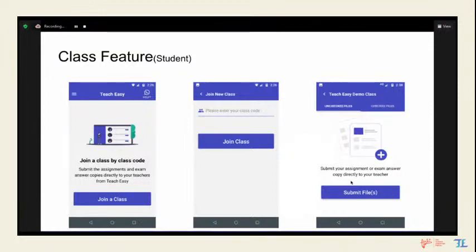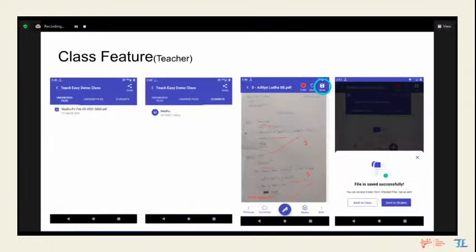They can submit PDFs or images just like they did before, right? For the teacher, the whole thing will be managed and organized properly in unchecked files and checked files, and you will also get the list of all students inside Teach Easy, which means no hassle of file management or student management. The whole process is really simple.